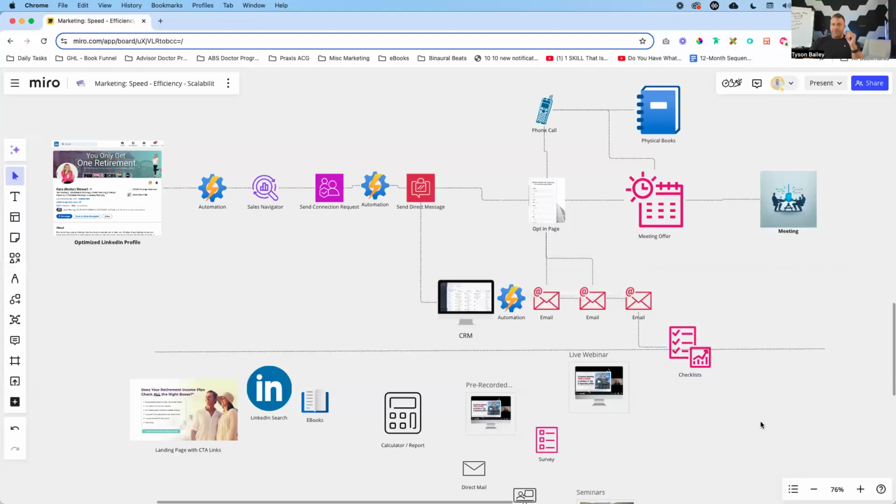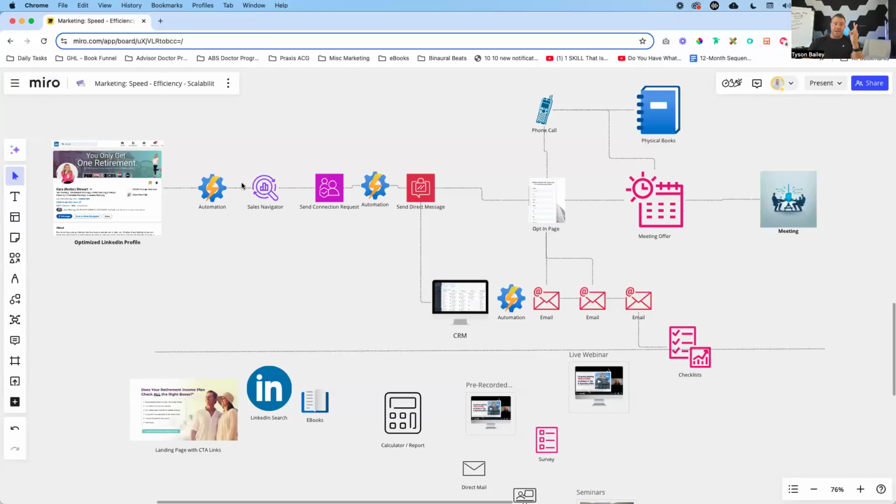Now, from here, this is where you can start to get fancier. Things start to get really fun for us on our side, okay? Once somebody has come through and they've been offered all this information, they've been offered books, they've been offered checklists, this is where you can take a look as the business owner and say, hey, I've got all of these individuals inside of my CRM. I've got all of these, let's say you've been going out on LinkedIn, you've been targeting business owners, doctors, dentists.